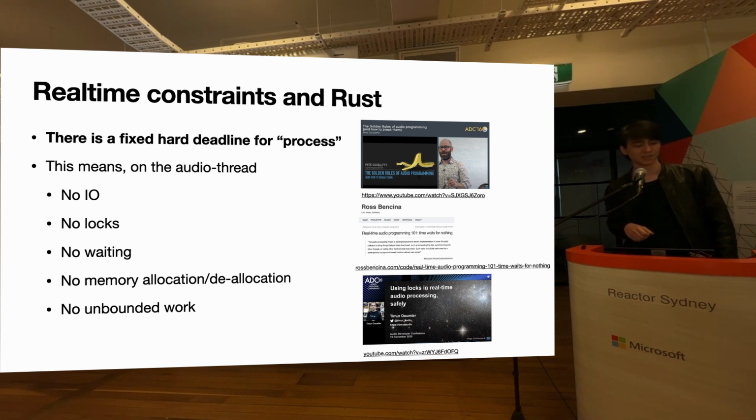So then there are these real-time constraints. Because we have this fixed deadline to run process, we can't really do any work that takes a non-deterministic amount of time to complete in that process callback. For example, we can't do I/O on the audio thread. We can't take locks, or wait for events to happen, and we can't allocate or deallocate memory, or